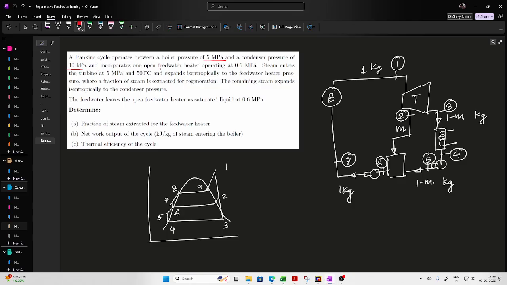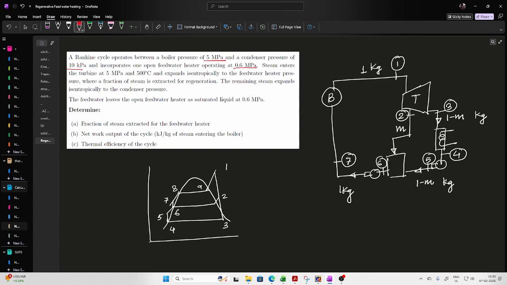And incorporates one feed water heater operating at 0.6 megapascal. So the pressure at which the steam is being extracted is 0.6 megapascal. Steam enters the turbine at 5 megapascal. Okay, this is the boiler pressure at which it is entering, and 500 degrees Celsius the temperature, and expands isentropically to the feed water heater pressure, where the fraction of steam is extracted for regeneration. Okay, the remaining steam expands isentropically, so the ideal work is there, and we will also be assuming ideal work